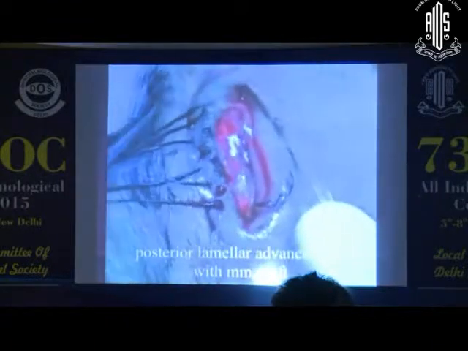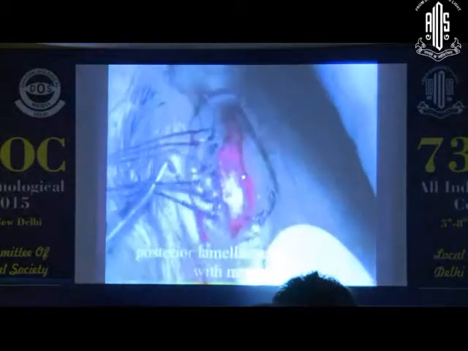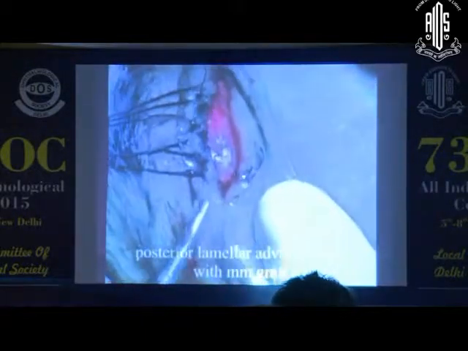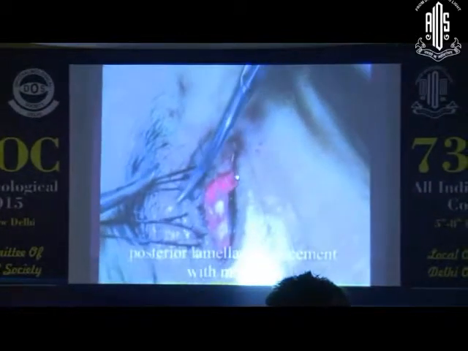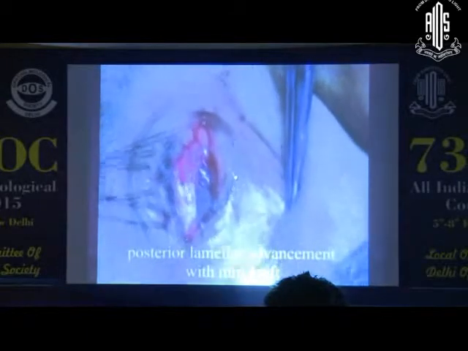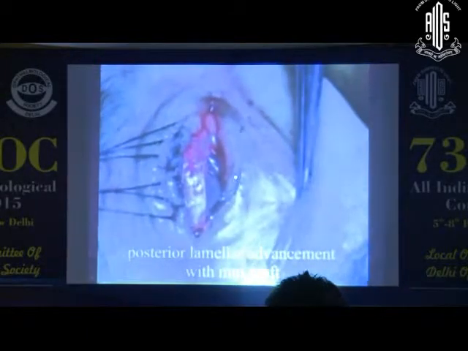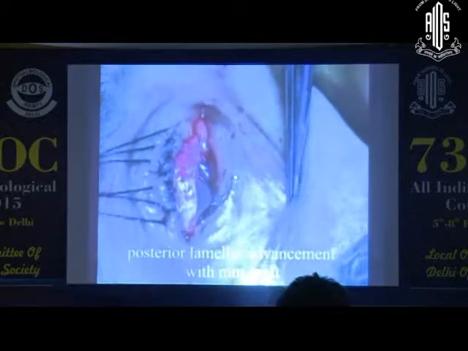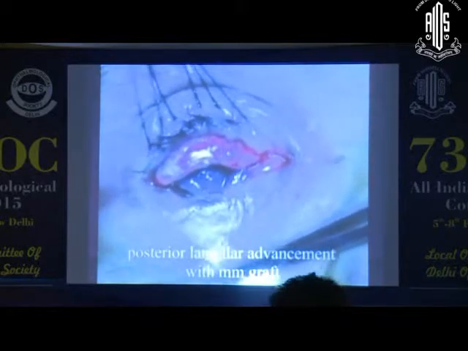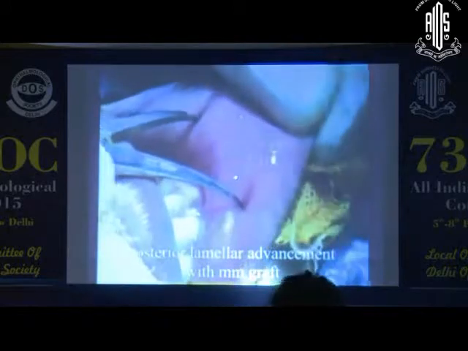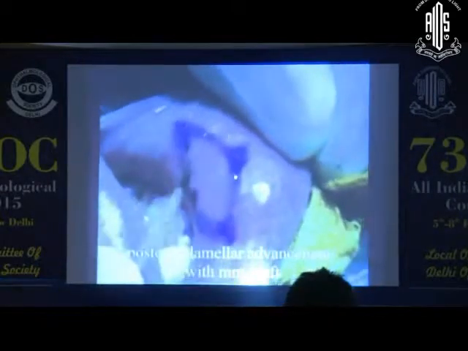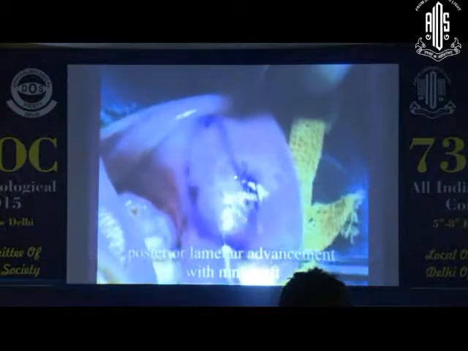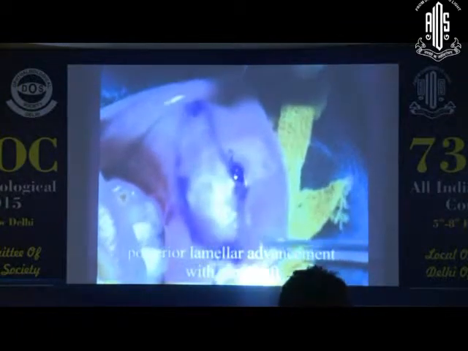You can see that the trichiatic cilia and entropion, the lid has gone posteriorly, so it cannot rub the cornea. A new lid is formed. So this will be covered with mucous membrane graft, which you are harvesting from the lower lip and oral mucosa. So an elliptical horizontal graft is being harvested from buccal mucosa.